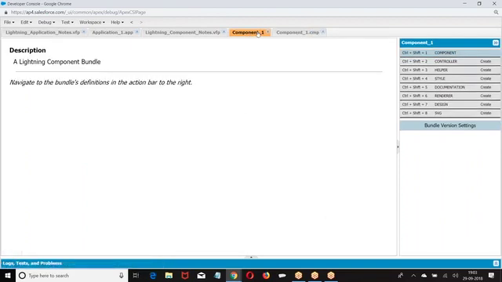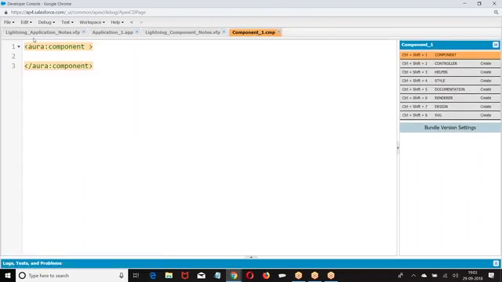Okay, Aura component. Now, when I create an Aura component, it cannot run by itself. Aura component cannot run by itself. Now you created a Visualforce page, very good. How do you execute it? You created a Visualforce page, very good. But how does the customer execute? The customer types apex/page name. No, right? What we need? We need a user interface.